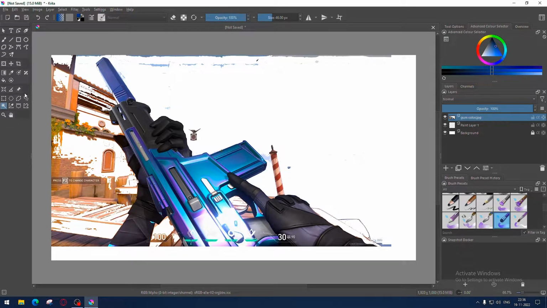Then click Polygonal Selection tool and select outside of this gun.